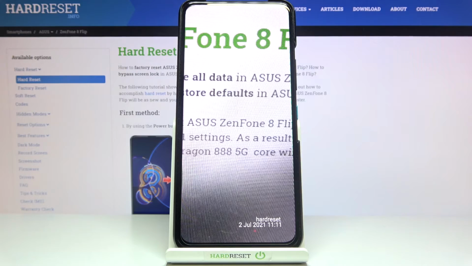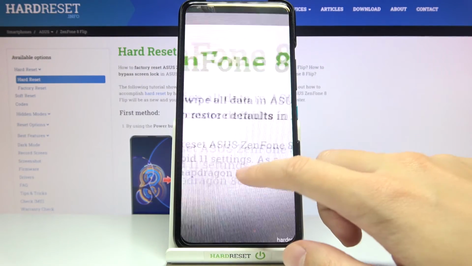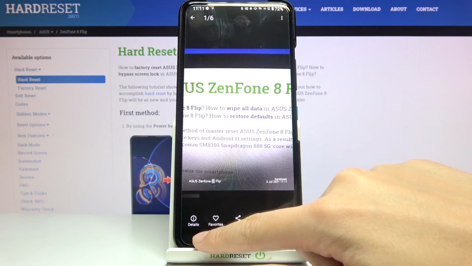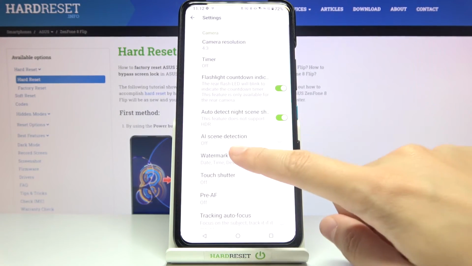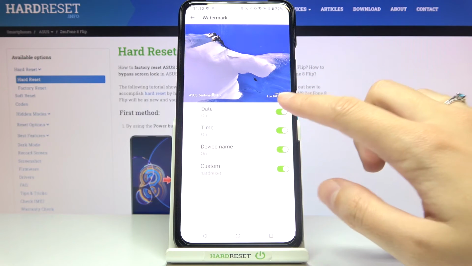with date and time. And of course when we don't need them or need another combination we have to go back to the camera, then to the left corner settings, to the watermark, and manage this as we need or